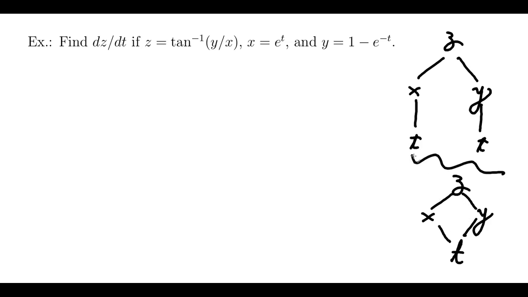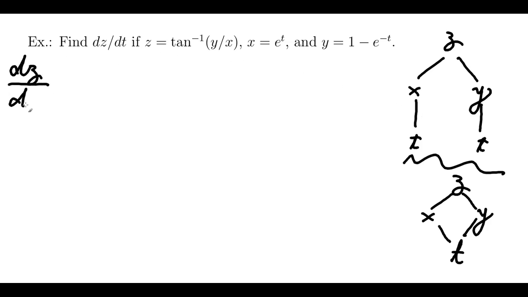I'll leave that to the side, though. I find it's usually easier to keep track of what's going on if we have completely separate paths forming an actual tree in the graph theory sense. But this diagram shows us all of our dependencies here. So what this tells us is that if we want to find